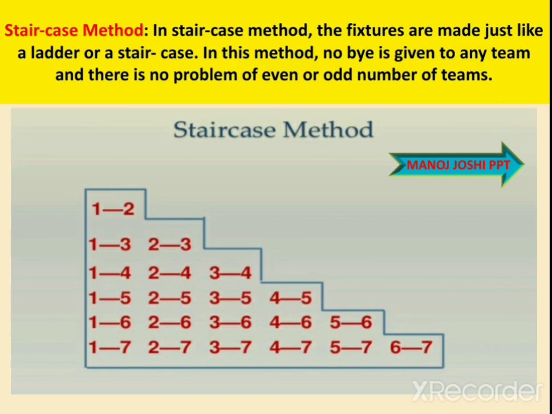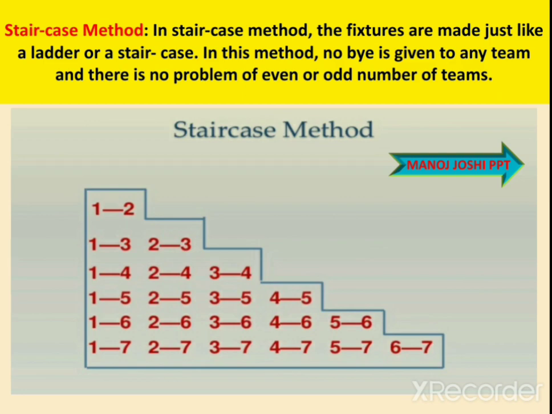So then next number after the 5 is 6. So after the 5 we will write 6 then 7. So the next last column we have only 1 place left. Previous column we have written 5 on the left side. So now we will write 6 on this column. So then next number of the 6 is 7. So this way the stair ladder is made.